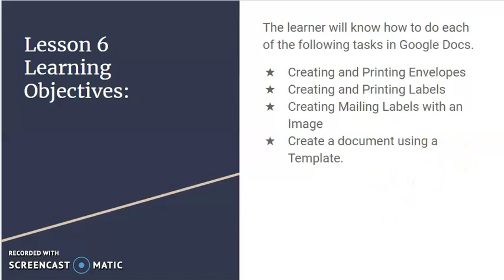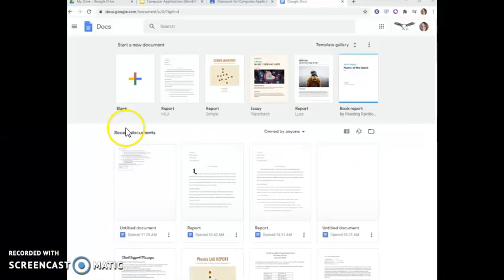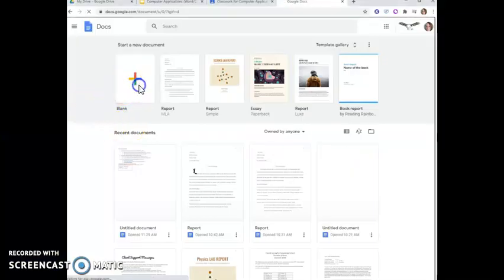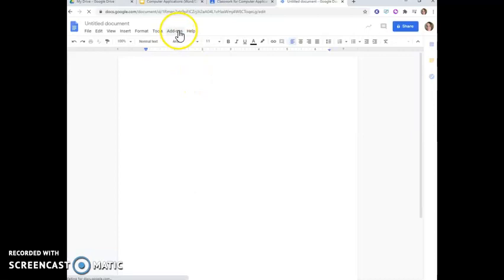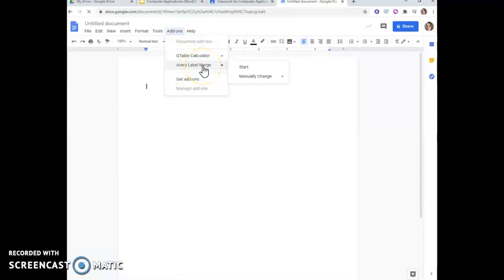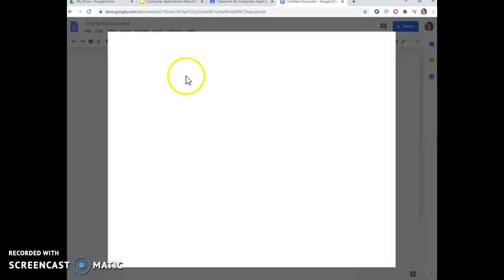So let me just open up a new Google Doc. I'm just going to go ahead and choose blank for now. In order to do labels, you will need an add-on. It shouldn't be on your computer already, so we're going to go over to, see, I've already downloaded it, Avery Mail Merge, but you need to go to Get Add-ons,